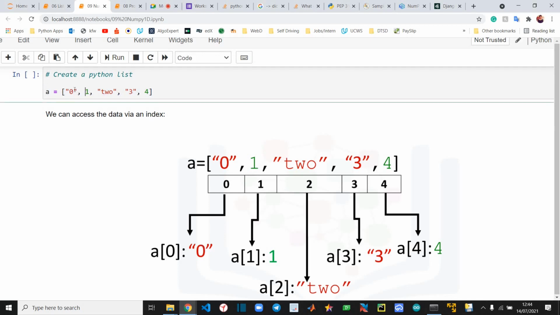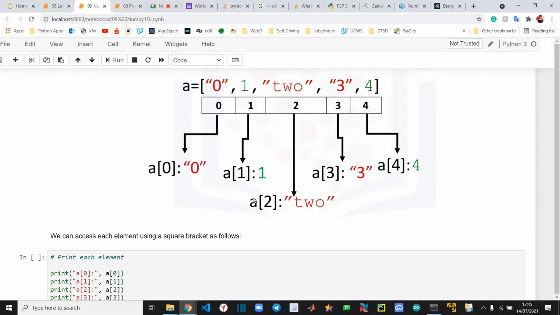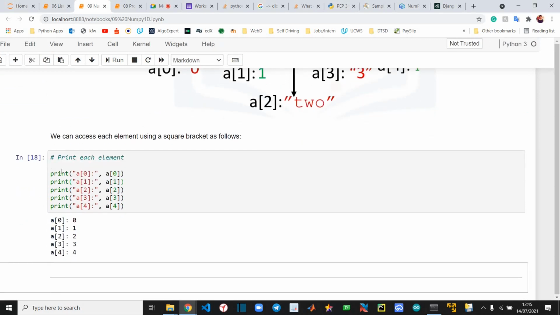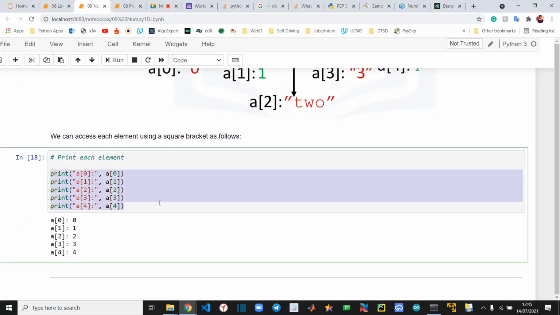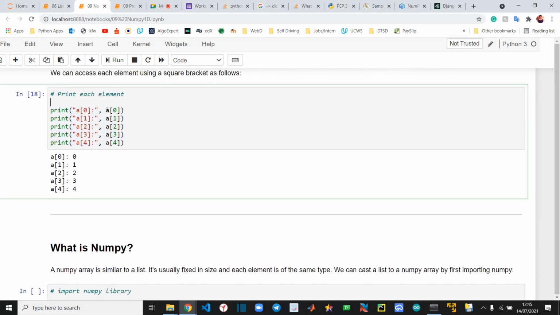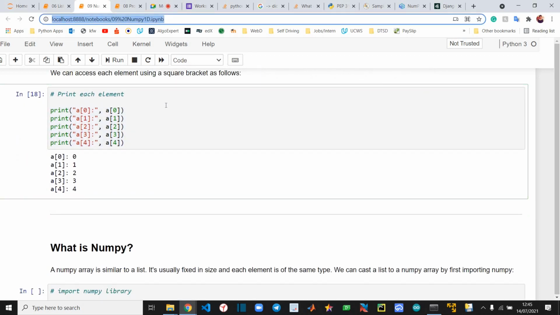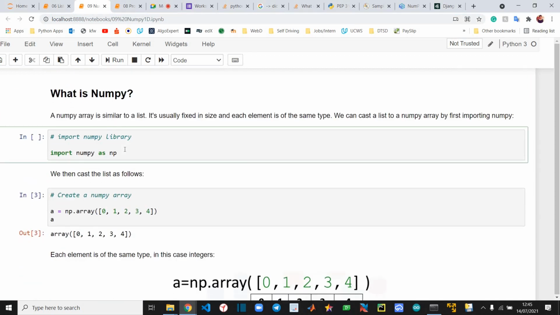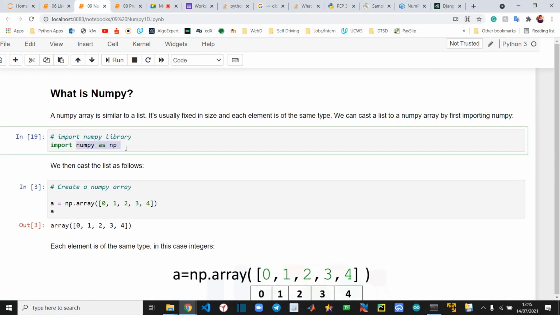0 1 2 3 4. There are two types of data types: integers and strings. This is how data is stored, and we can access each element like this. We know how indexing works, how we can access a particular element using its index. The first thing we'll do is import NumPy as NP.